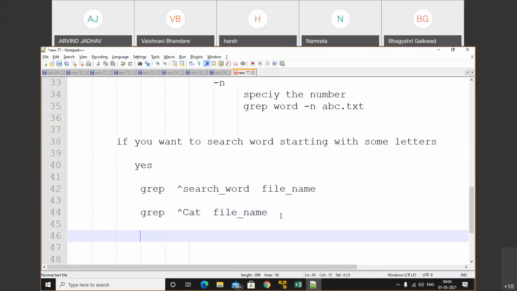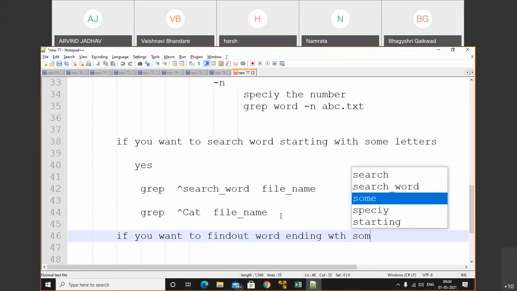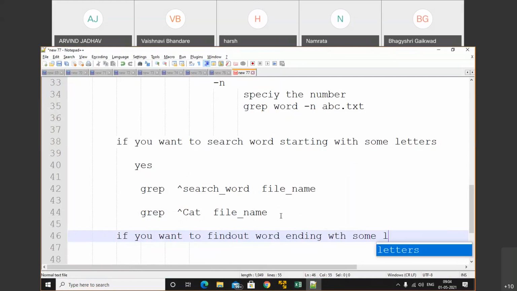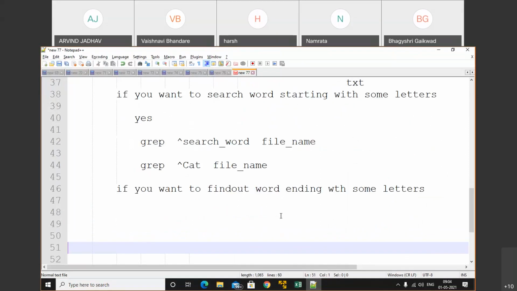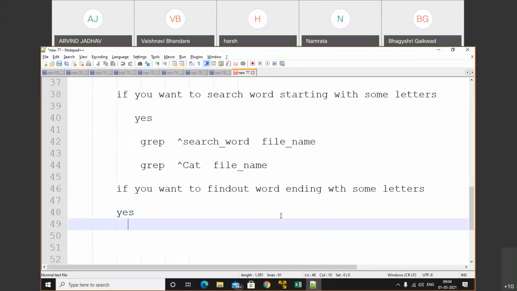Similarly, if you want to find words ending with some alphabet or some letters, is it possible? The answer is yes. What will be the syntax?